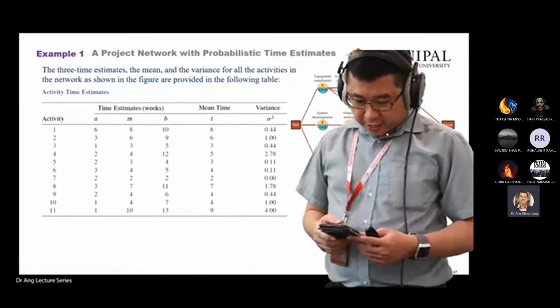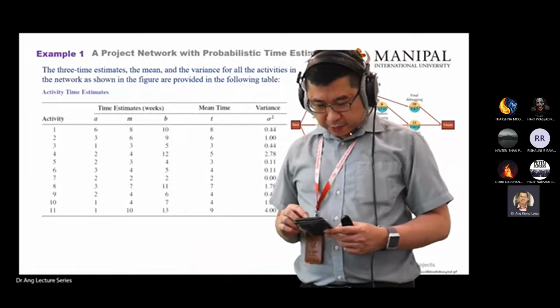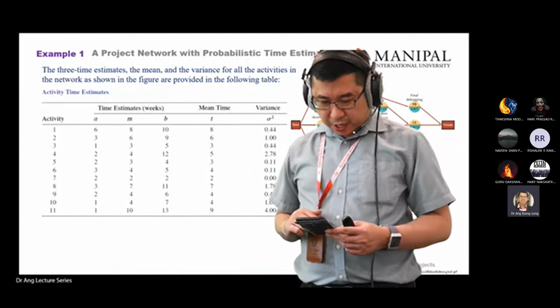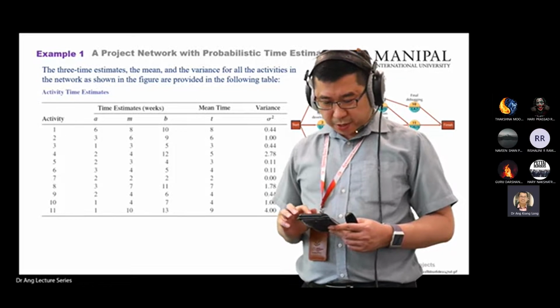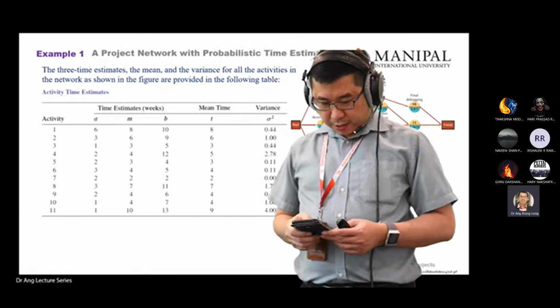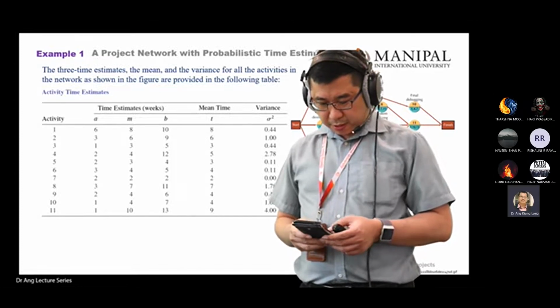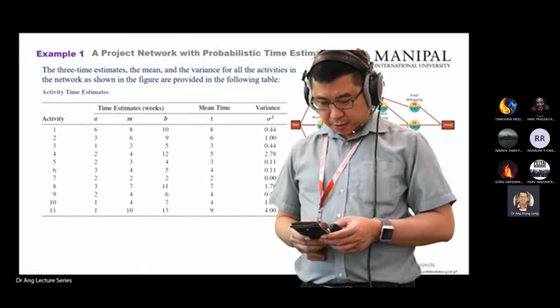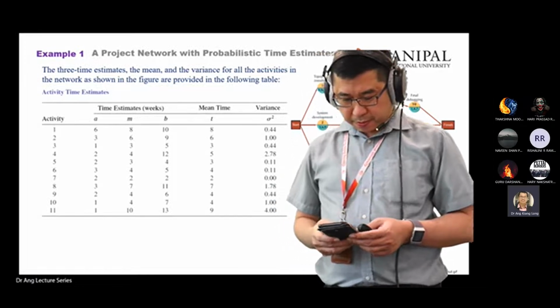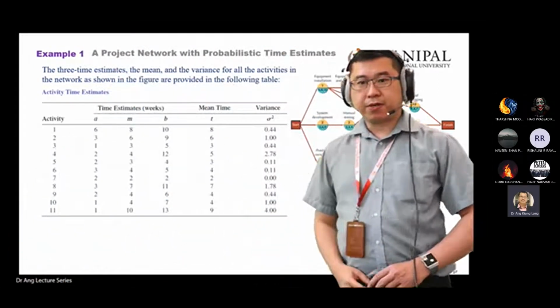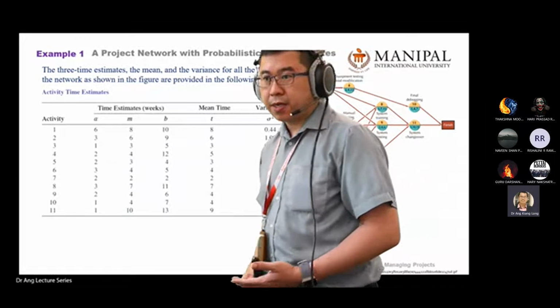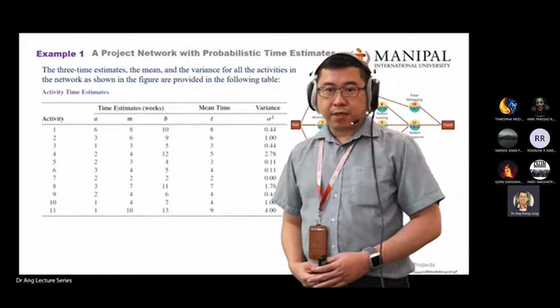I'll give you a chance, Sarini. Please respond if you hear my voice. I'm sending another chance for you. I'm sending a WhatsApp text. If you do not respond, you are considered absent. So I give you 1 minute to respond. If you do not respond, you are considered absent from my class. Okay. Next person I'm going to ask,